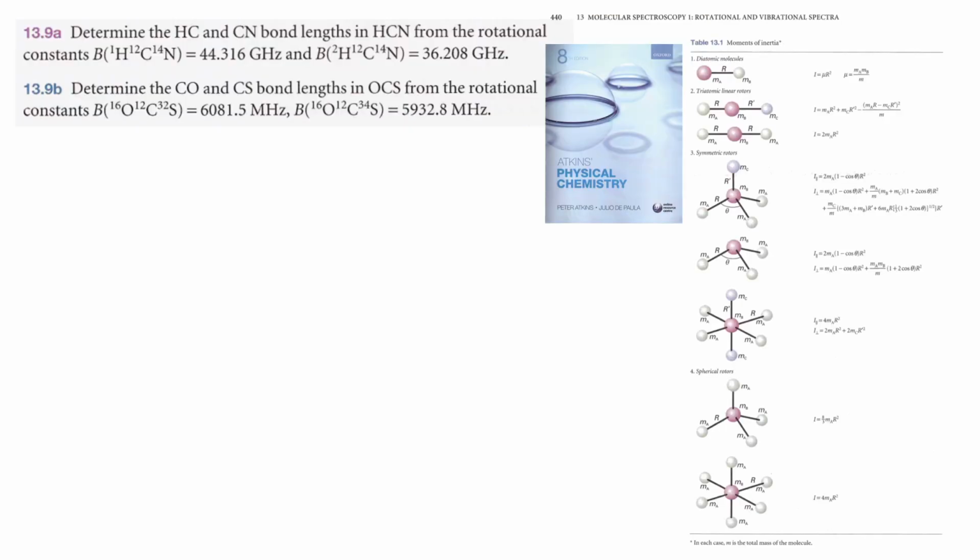You will see. Let me jump a few slides, sorry for this. In this book, Atkins, there will be a table, Table 13.1 on page 440. There you see for the diatomic molecules, your moment of inertia is given. Now